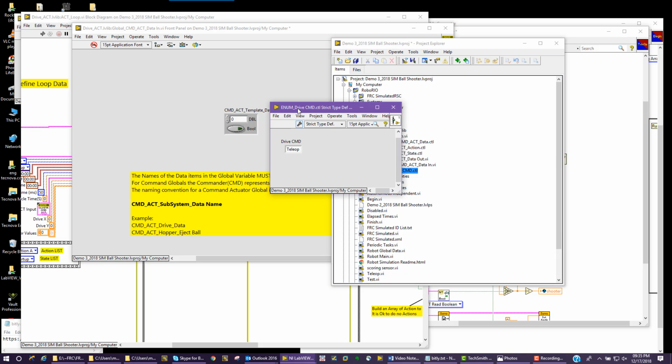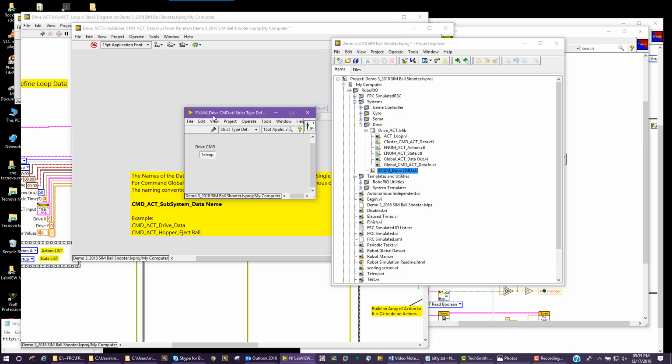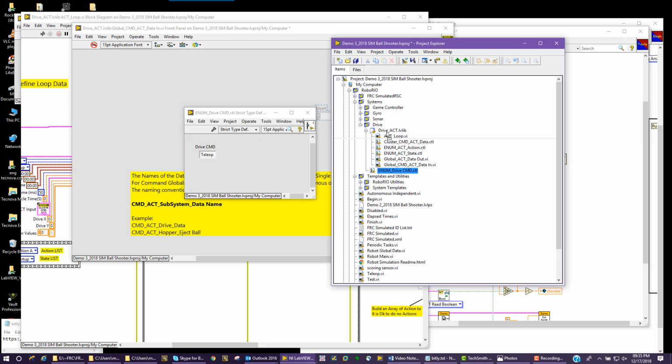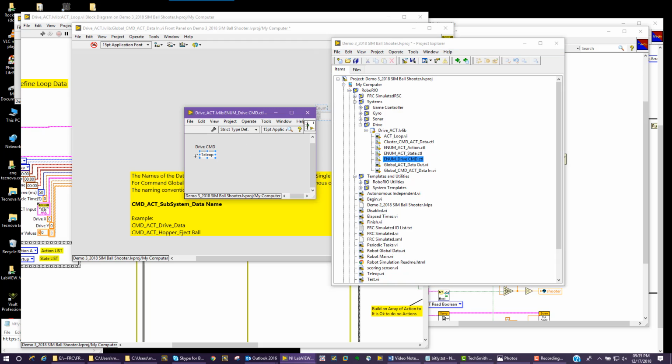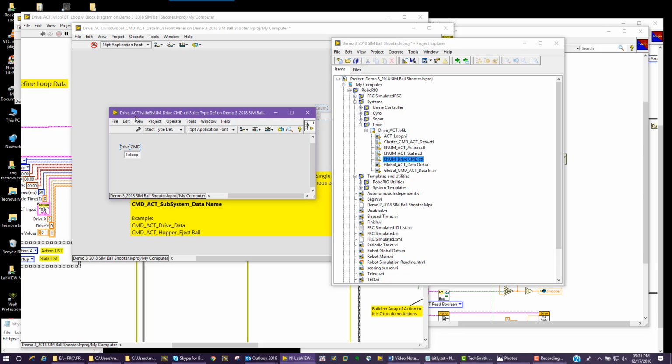So let's notice the name first. You can see it says enum_drive command.ctl. But once I drag it into the library, highlight, release, now you see it's inside the library. You'll see the namespace of this changed to drive actuator library enum drive command CTL. So it's telling you that it's inside this library, it's part of that library. Well, if it's part of that library,